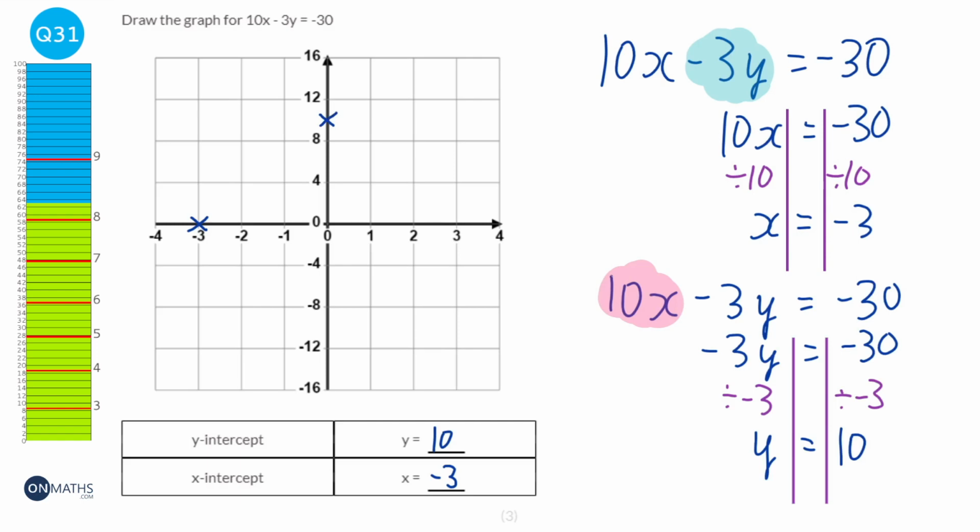And we know that the minimum amount of points we need to be able to draw a graph is 2. So if we've got 2 points, we can draw a graph. And here we do have 2 points. So I'm just going to draw in this graph as best as I can. And make sure your graph goes for the complete graph. Make sure your line continues on for the complete graph and don't just draw it between the x and